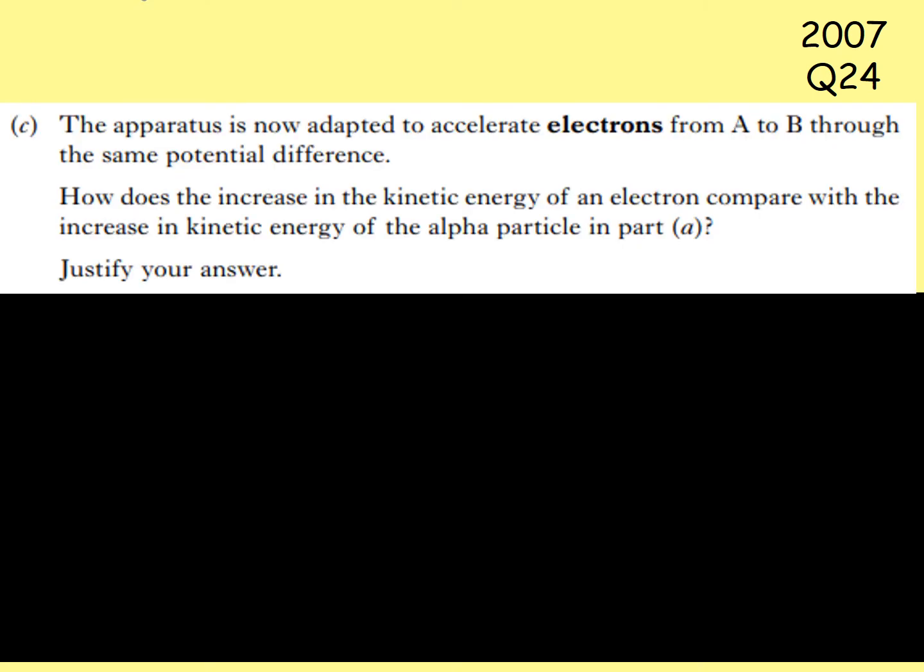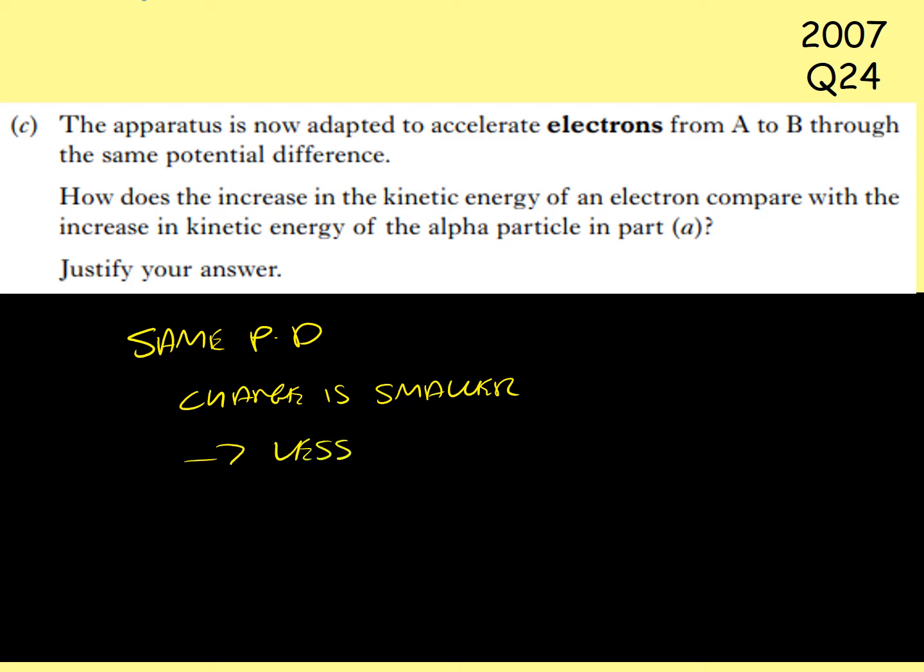In part C, we're told the apparatus is now adapted to accelerate electrons from A to B through the same potential difference. How does the increase in kinetic energy of an electron compare with the increase in kinetic energy of an alpha particle? Now, what's important to note is that the electron has a different charge. Also, an electron has a different mass. So we have the same potential difference of the field. However, the charge is smaller. So that means the work done is going to be smaller, that is W equals QV is going to be smaller, and therefore